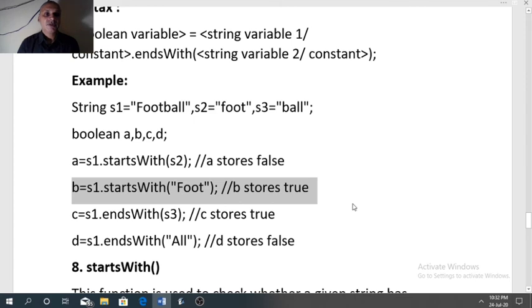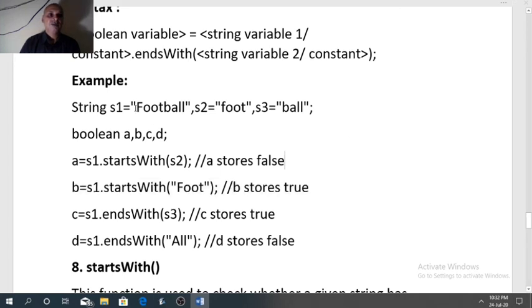S1 dot starts with Foot. Here the argument inside the parenthesis is again foot, but here first letter of Foot is capital, and in the S1 first letter is capital. So both are capital. So it gives true result.